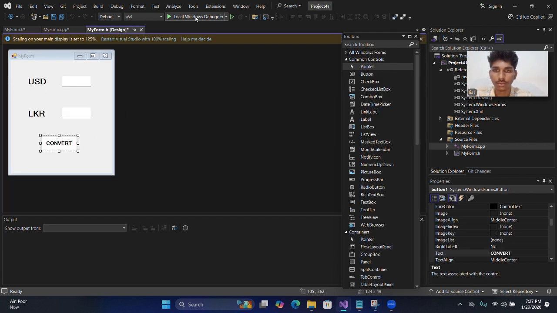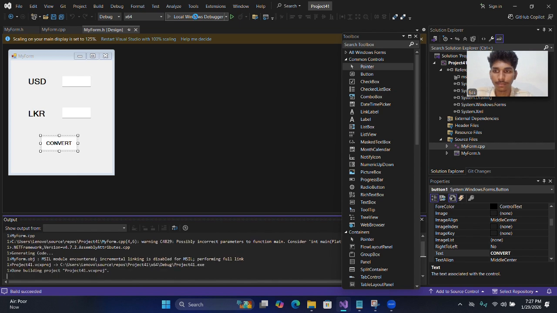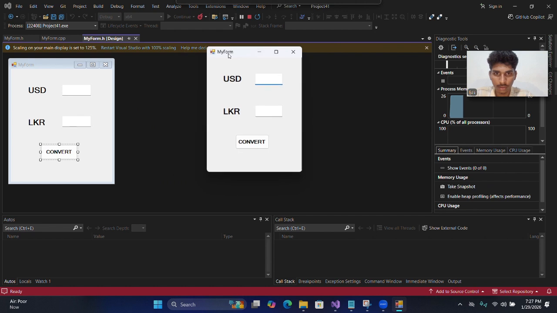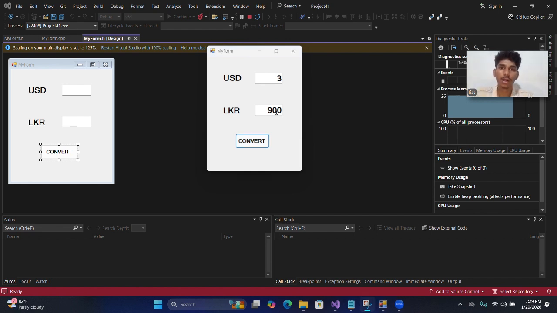I debug this to check whether it works or not. I debug here, and here we show our project, and here type 1 and click convert. It shows 300, and I put another number, 3, convert, 900. It's perfectly worked. I hope you all understand this,